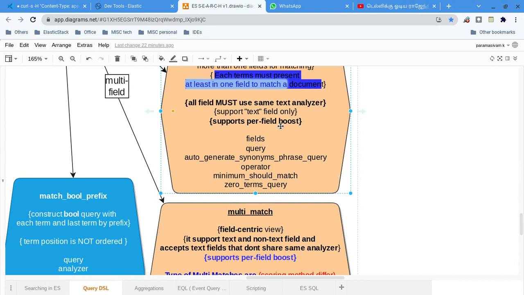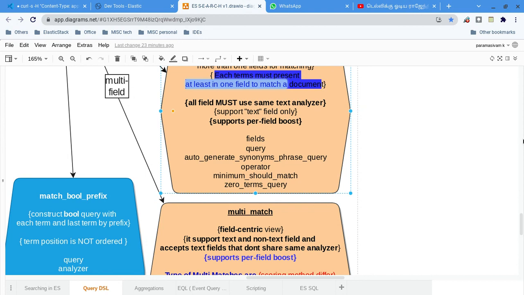That is where per-field boosts work. Since my name can match many fields, if it is matched in the reporter field, I can increase my score. If I increase my score, what will happen?